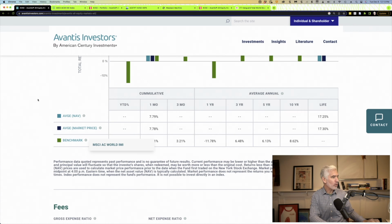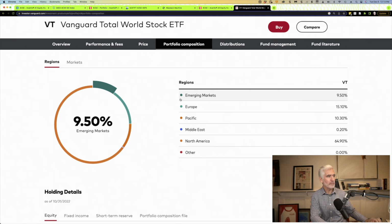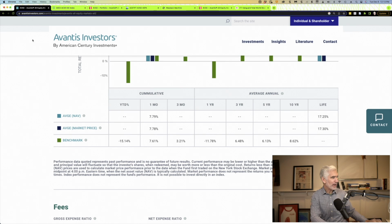And so going forward, that would be the kind of thing that we might want to compare this fund to. I would also, by the way, compare it to VT, the fund I mentioned a moment ago. This is Vanguard's similar fund, but definitely different in many ways, but that covers the entire global stock market. But getting back to Avantis,